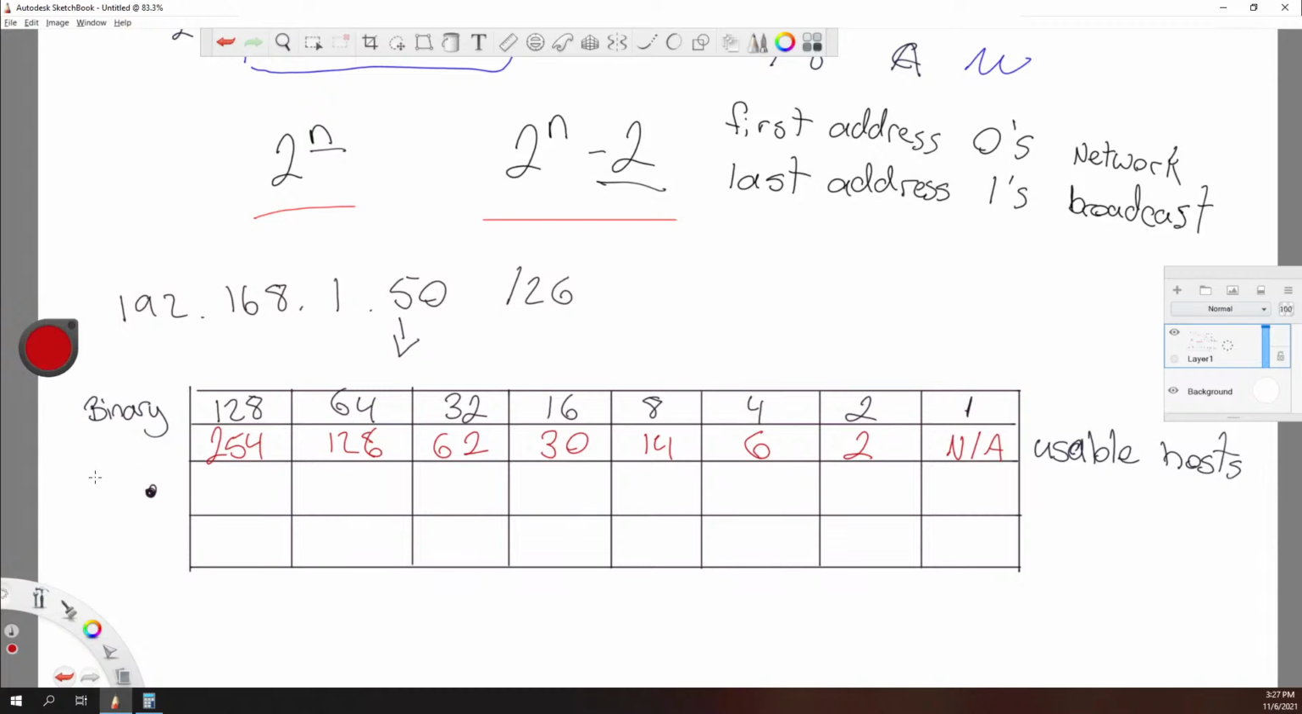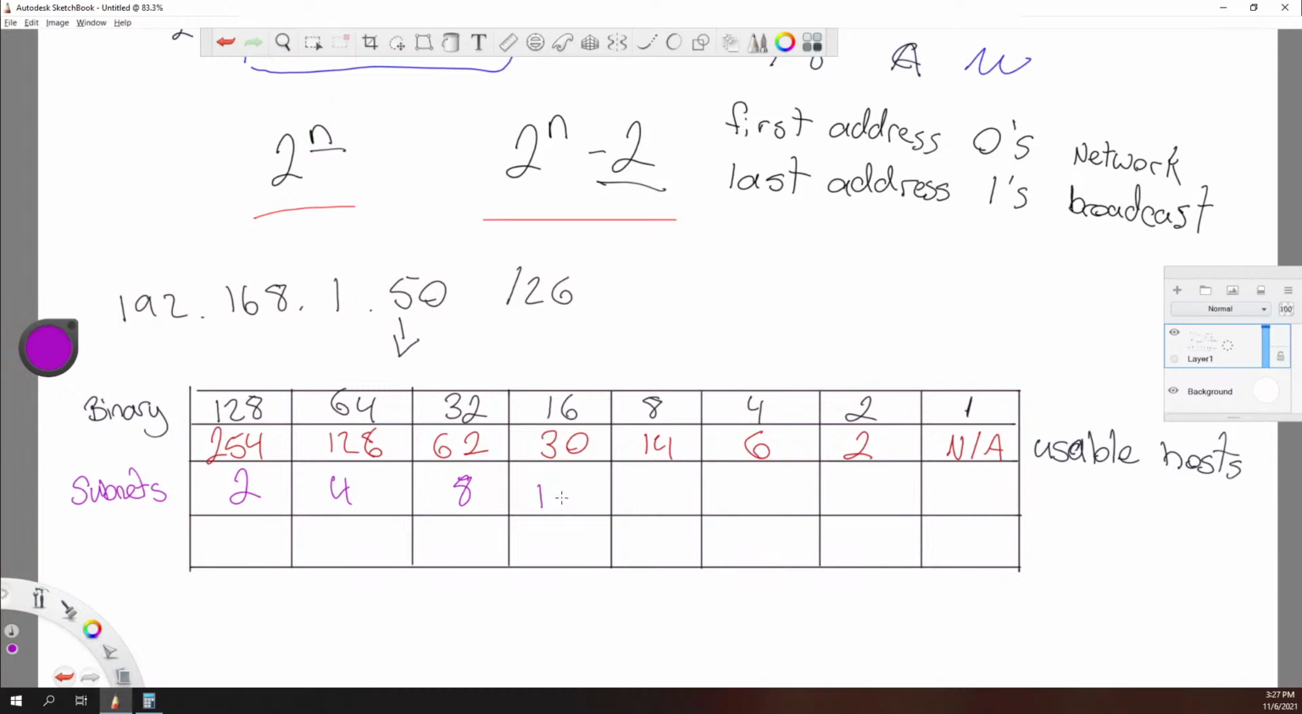Now, if we're going from the opposite way, so if we look over here, let me move this little color puck out of the way, and we look at our subnets. So our subnets, it's 2 to the n. So if we borrow 1 bit, well, what's 2 to the 1? It's 2. We borrow 2 bits, it's 4,